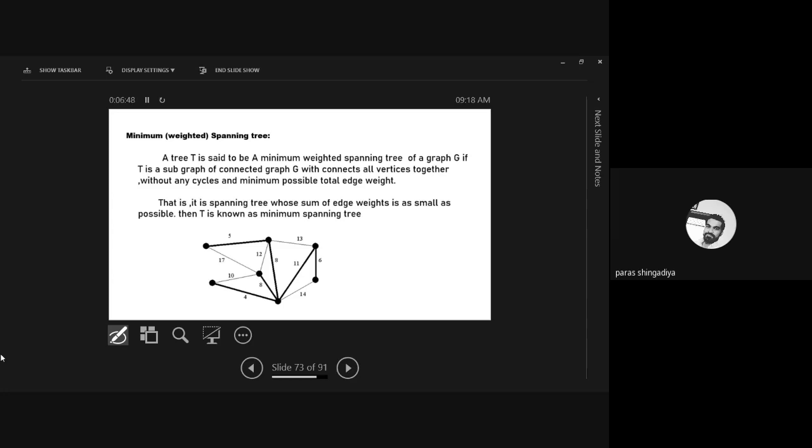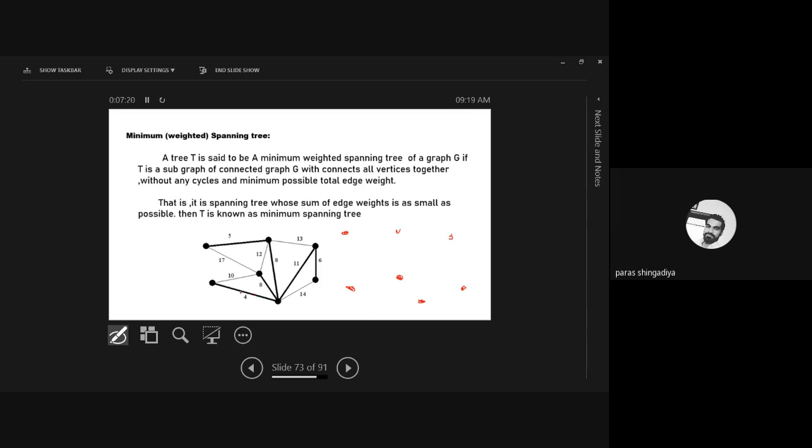So this graph we discussed in the last lecture. One of the graphs is given for 7 vertices, and these weights are given: 5, 17, 12, 13, and so on. And then you have to create another graph, which is already mentioned here. You have to draw the minimum weighted spanning tree based on this data. So here you have to start connecting edges with minimum weight. Which is the minimum weight?